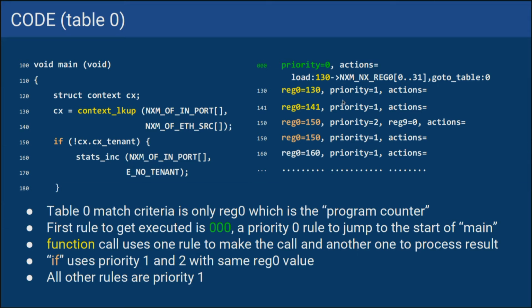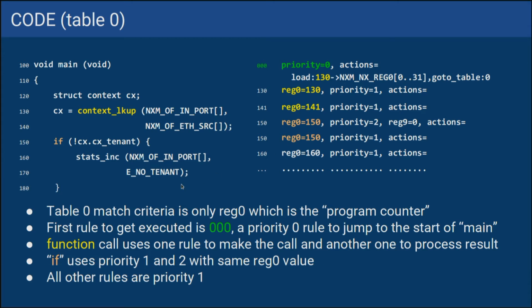The first rule sets up the function call, and the second rule actually processes the return values. Similarly, the if condition translates to two rules, the ones which say reg 0 equal to 150, the orange rules.